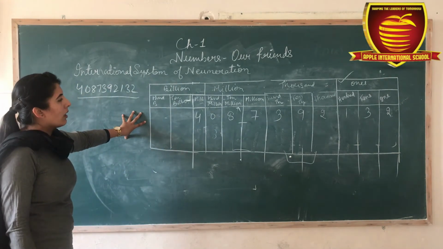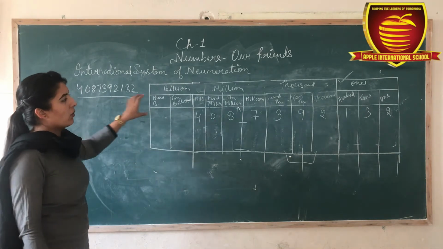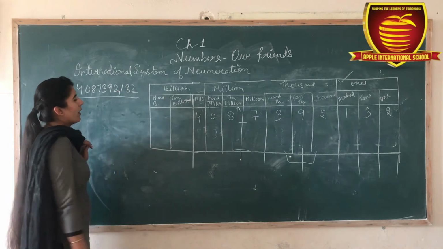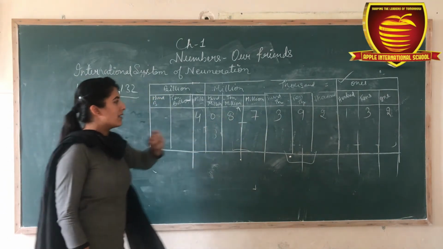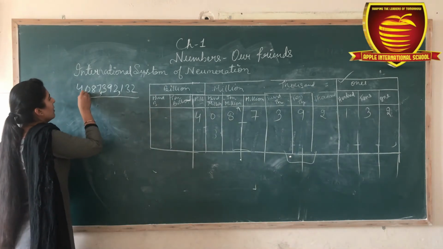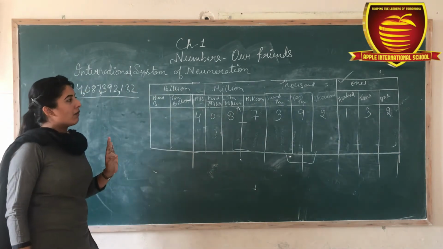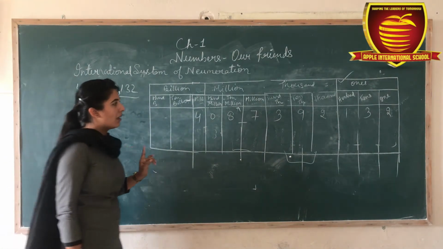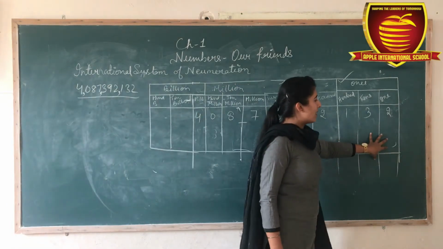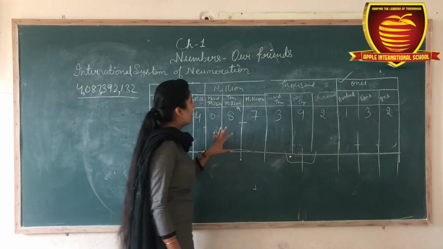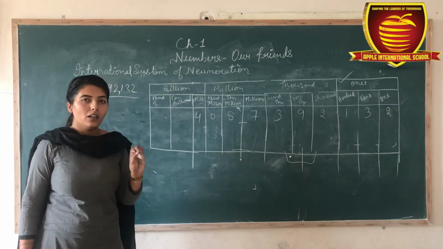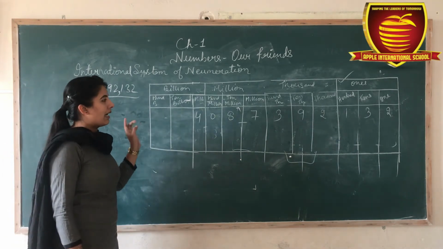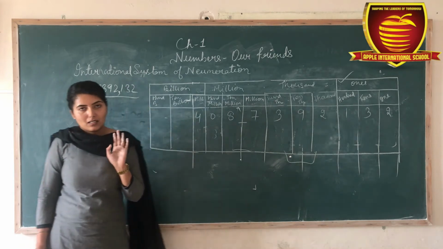Firstly, how do you put the commas in this number? Here you can see that at the ones place there are 3 digits, so first comma here. At the thousand place there are also 3 digits. What is the main difference between the Indian and international systems? In the Indian system, at the ones place there are 3 digits, but at the thousand place 2 digits, at the lakh place and crore place there are 2 digits. But in the international system, ones, thousand, million, billion all contain 3 digits.